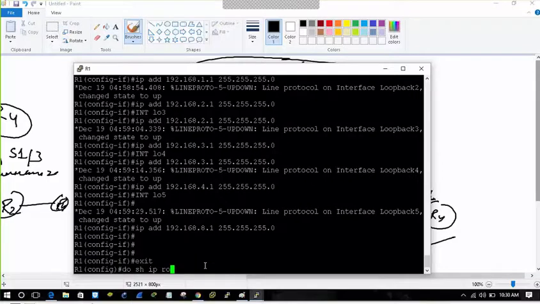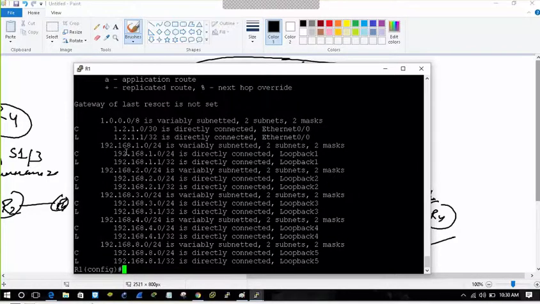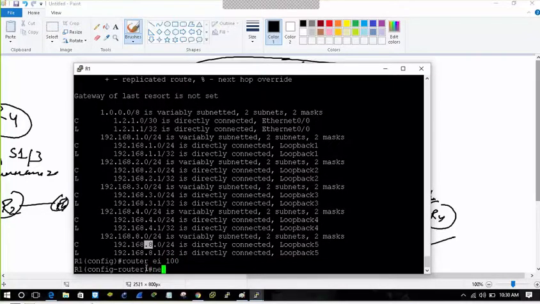If you do show IP route here, you will see that different networks are coming, because a router only learns about networks. Okay. Yes. And let's turn on router EIGRP 100 on every router. Network: first the connected network 1.2.1.0.